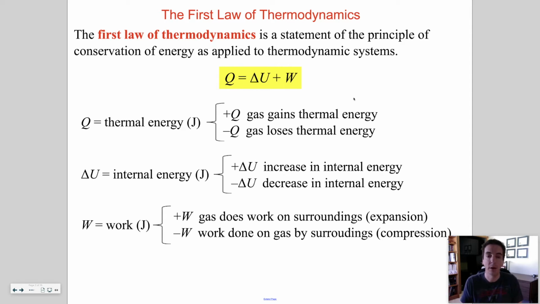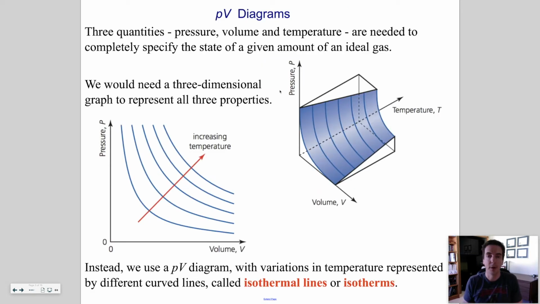And then work. So work done either on the surroundings by the gas. If the gas expands, essentially, if you have a piston on a container of gas, and the gas expands, that piston goes up and it does work on the surroundings. Whereas if the gas decreases in volume or compresses, then the surroundings has done work on the gas because the atmospheric pressure pushes down on that plunger, what we're talking about for a sample of gas. Okay, so